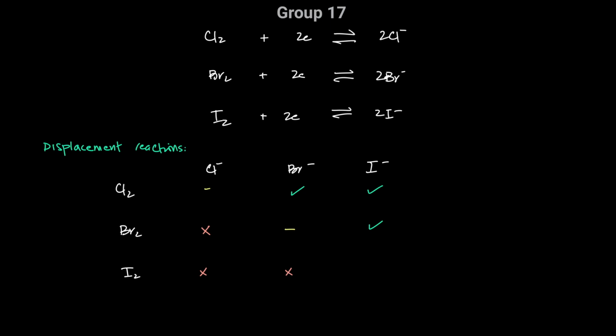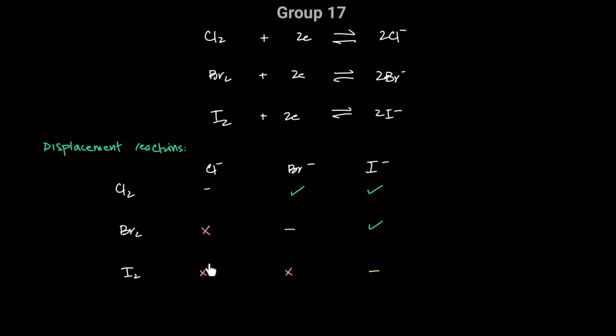So from this table, we can clearly see that chlorine is the strongest oxidizing agent since it can displace both bromide and iodide. And if we look at the columns, we can see that iodide is the strongest reducing agent. It can reduce both chlorine and bromine. So chlorine will oxidize bromide and iodide, bromine will only oxidize iodide, and iodine won't be able to oxidize chloride or bromide. So looking at the rows, we can see that chlorine is the strongest oxidizing agent, and similarly